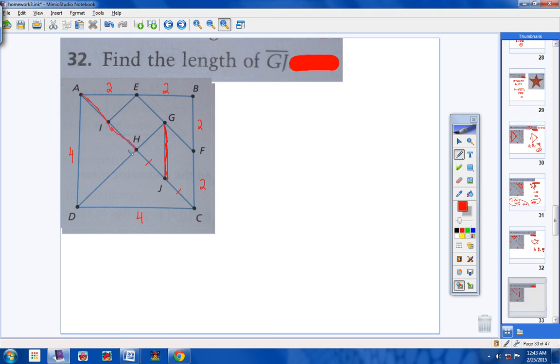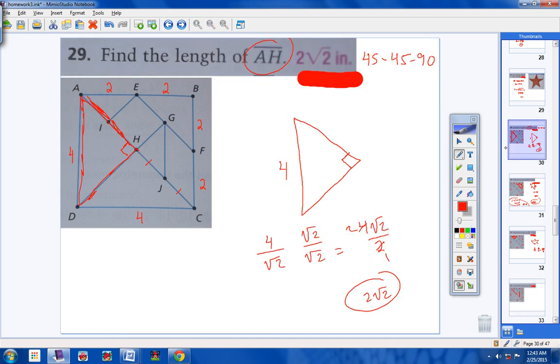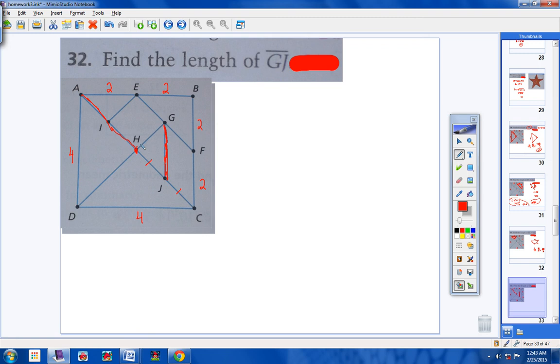Alright, now guys, it does make sense. It really does. If you have a square, which you do, and you have all of these right triangles, then we do know for sure that H has to be right in the middle of the square. So if AH is 2 square root of 2, which I think is what we said, then I know that HC has to be 2 square root of 2. Okay? Right here. So this whole length right here